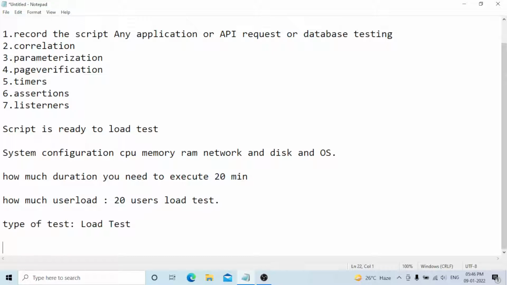Once the test is executing, what parameters do you need to check?